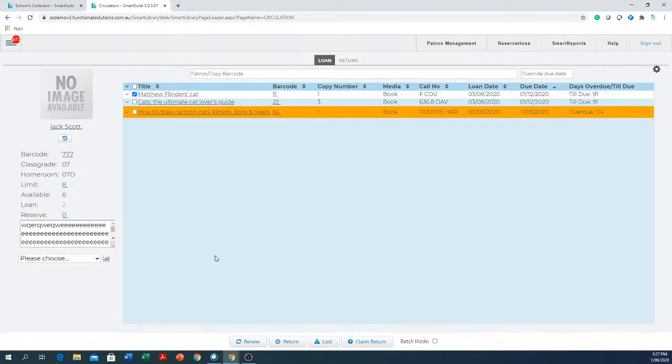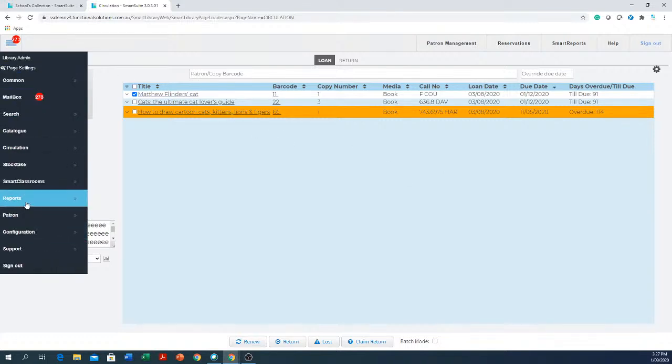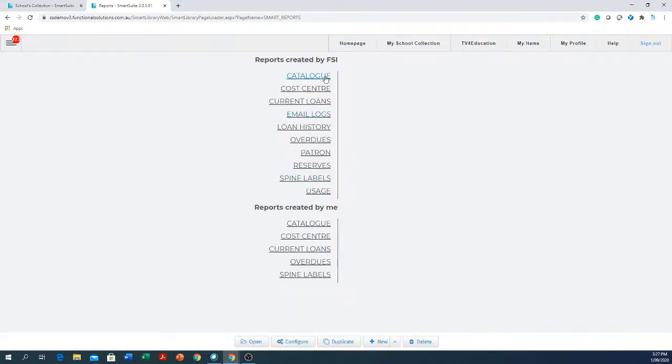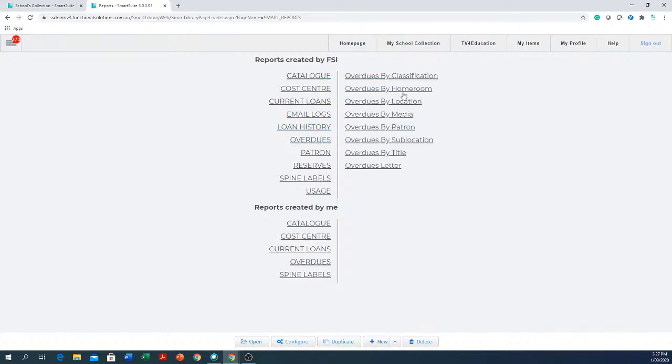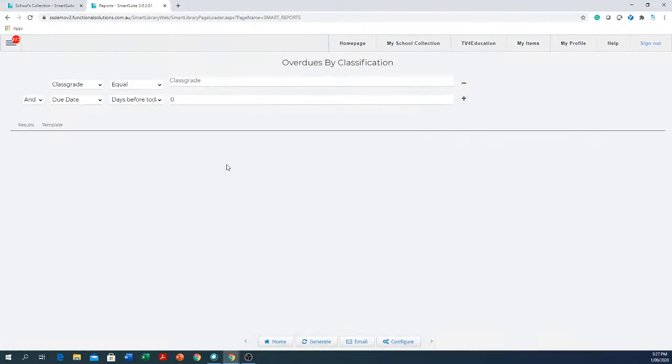Okay? The last thing we're going to do very quickly is, I've added patrons, I've added catalog records, I've circulated books. I want to do overdues. That's the easiest part. Just click on the menu, click on reports, and go to reports, and then go overdue reports or loan reports. I'll go overdue reports, and overdue by classification or homeroom by media type. So I'll just do classification and then go open,